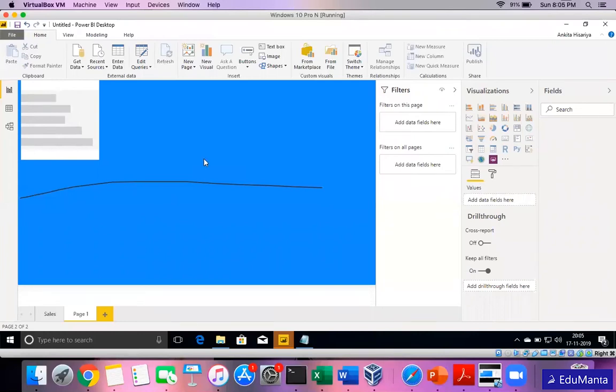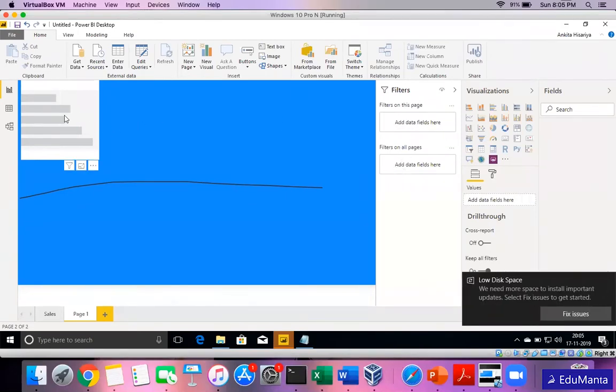Here we have three types of filters in Power BI. One is a filter on this page. So if I drag any field here, for example, country equal to USA, then this particular page will be filtered for USA, the entire page. If I have any number of charts or tables, everything will show data just for USA. If I drag that same filter, country equal to USA, into filters on all pages, then the entire report, which may have 5 pages, will be filtered for that. The name is very clear, as it shows filters on all pages or filters on this page.